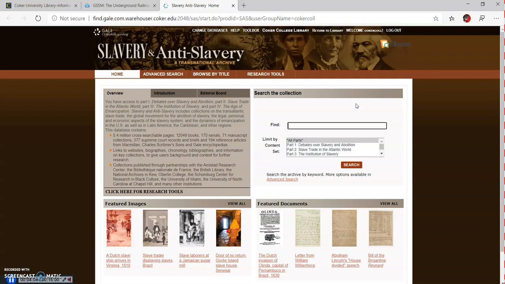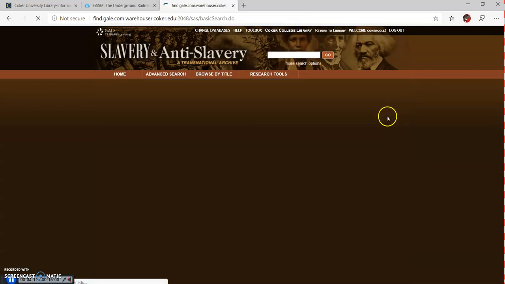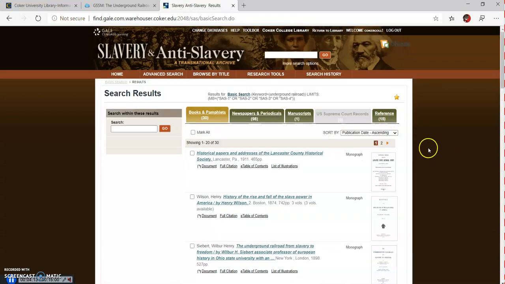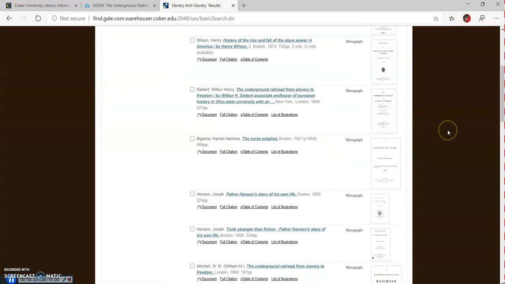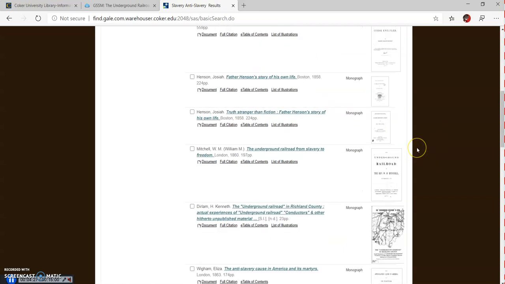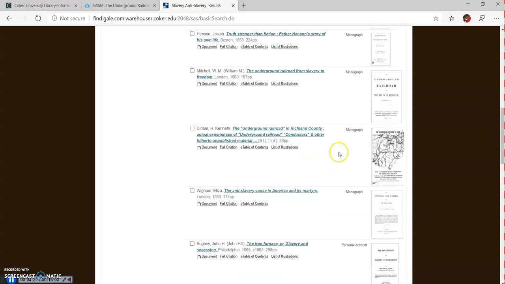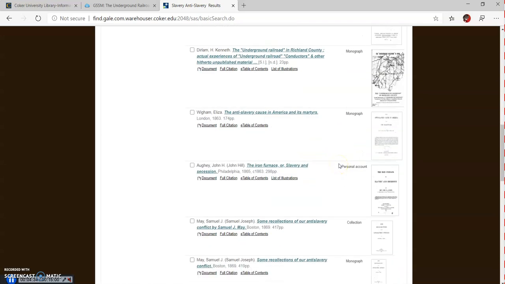So we're going to go ahead and search Railroad. Again, what you'll see here is it breaks the results down into different areas, different things that you can look at. You have books and pamphlets that you can look through. These are going to be actual monographs of books published around that time. So you can go in and, very similar to an ebook,